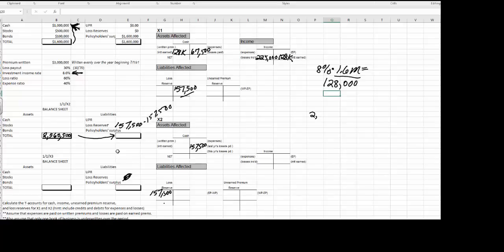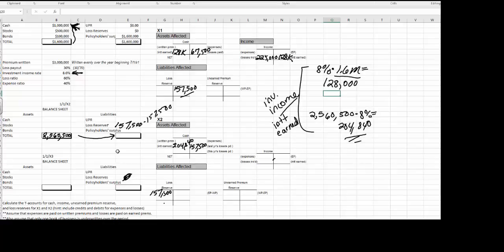So given that 2,560,500, your investment income for the second year will be 204,840, also known as interest earned. And again, that will go here. Can't really fit it there very well. And here,